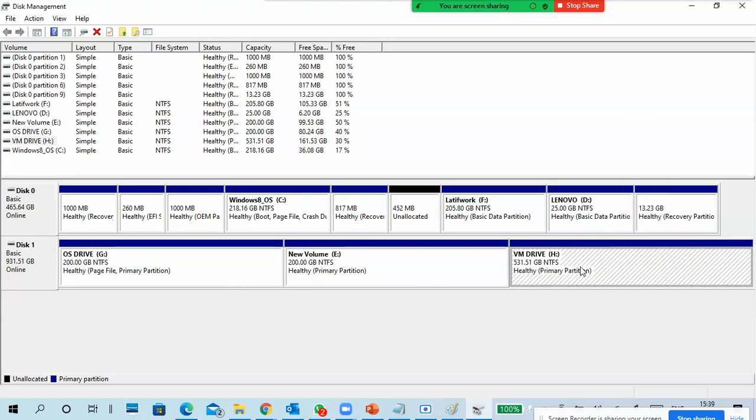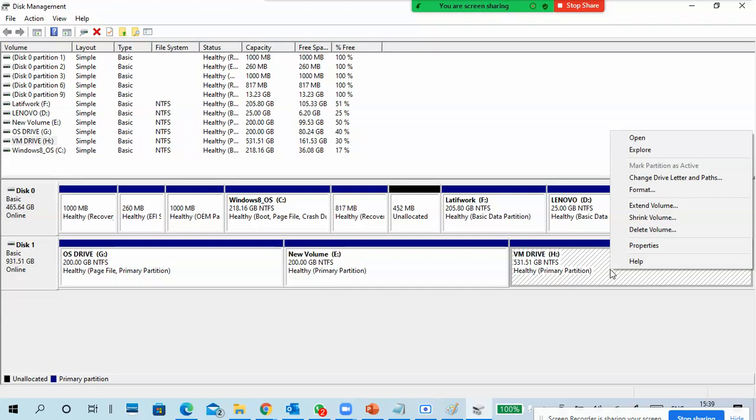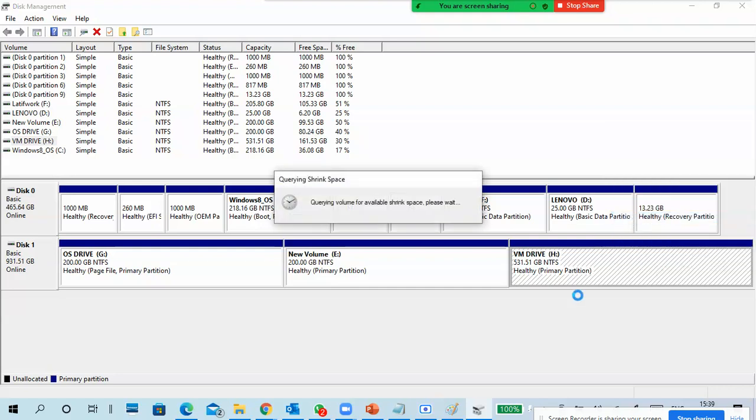Next, this is my 531 GB. So I'm going to show you how to get that kind of stuff. I'm going to shrink the volume, guys. You know, right? Shrink the volume.